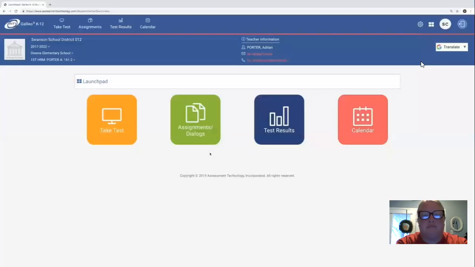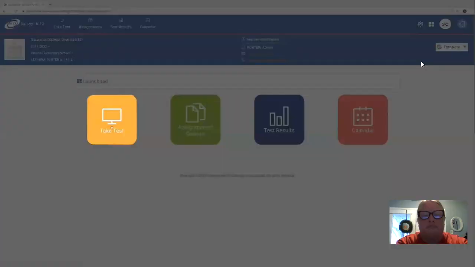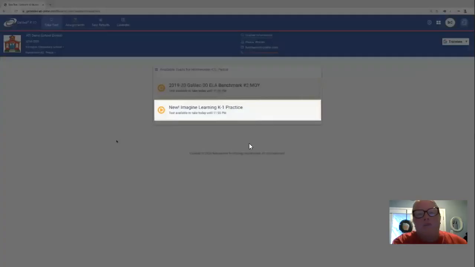First, you'll need to log in. Your teacher will help you with your username and password. Then you click on this yellow box that says Take Test. Then you can